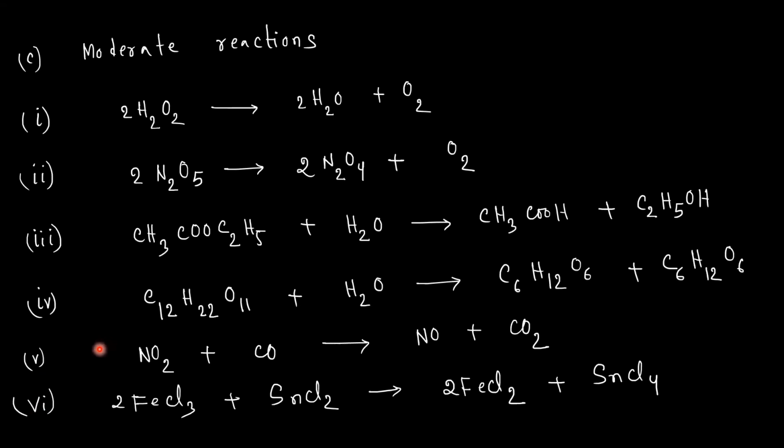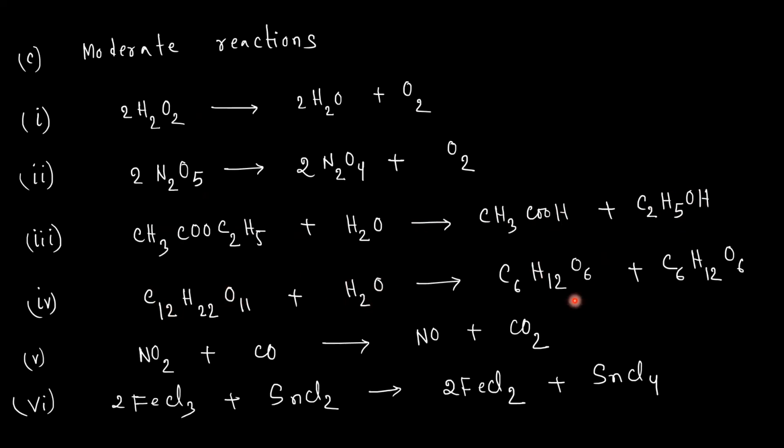There are certain types of reactions that take place at moderate and measurable rates at room temperature. And these kinds of reactions are studied in chemical kinetics. So some examples are the decomposition of hydrogen peroxide into water and oxygen, decomposition of nitrogen pentoxide into dinitrogen tetroxide and oxygen, hydrolysis of ester gives us acid and alcohol, inversion of cane